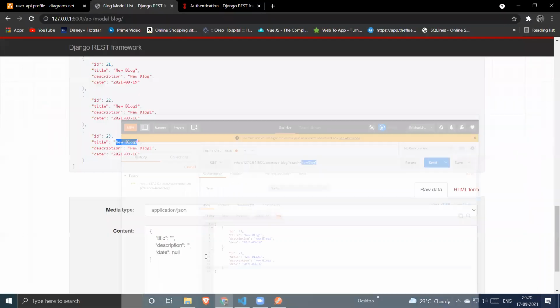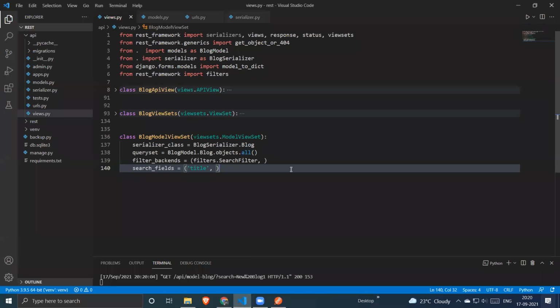If you are going to use the search functionality of Django REST framework, the first thing you need to do is import filters from the REST framework. Then you have to define a filter backend. What will be our filter backend? We are going to implement search filters. Then we have to define our search fields, in which fields you want to make a search.